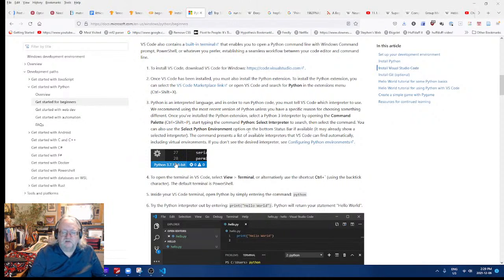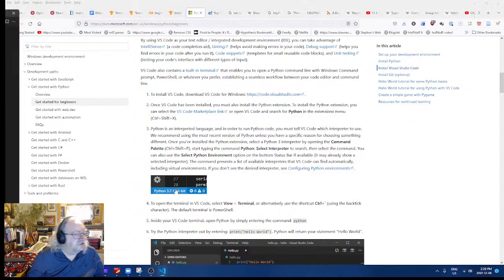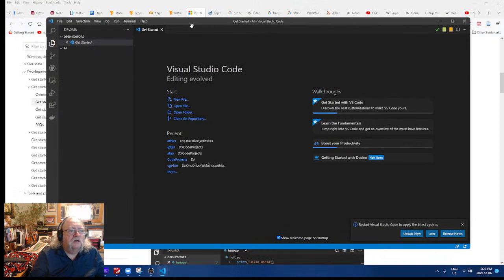But basically, just go to those websites, download and run the installers, and that'll get you in. You must also install the Python extension, or open VS Code and search for Python in the extensions menu. Okay, so where is the extensions menu?